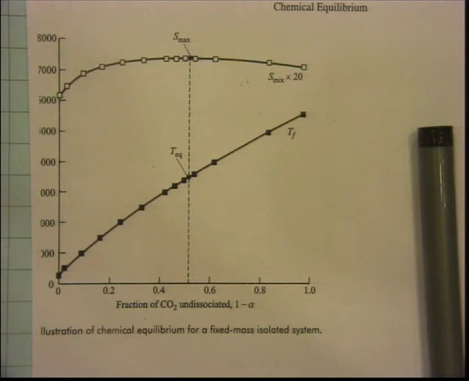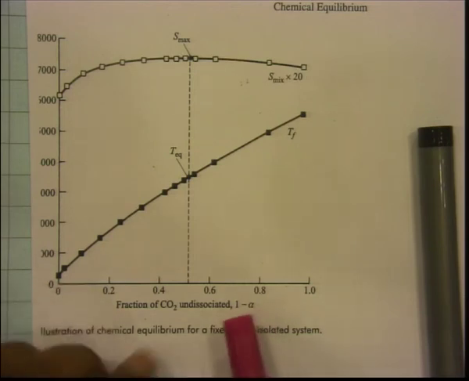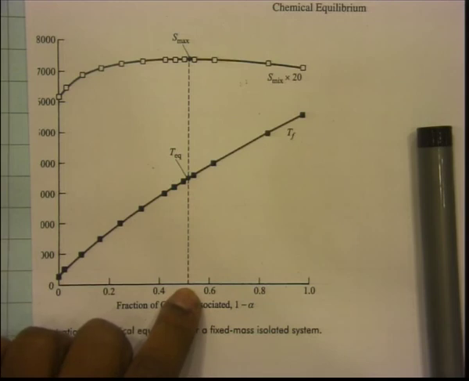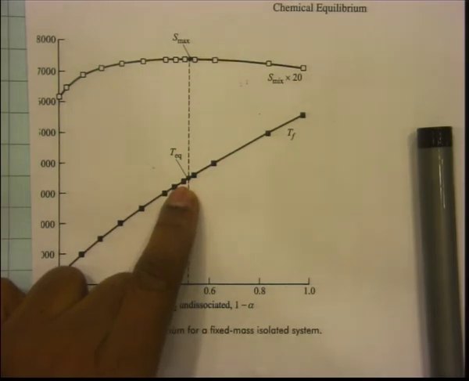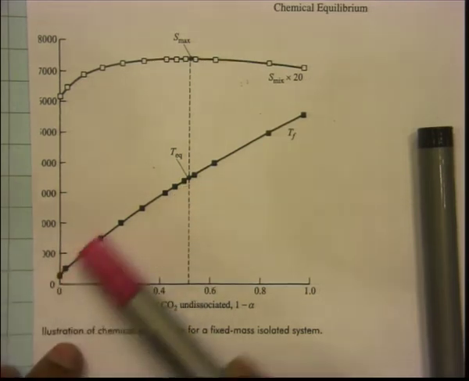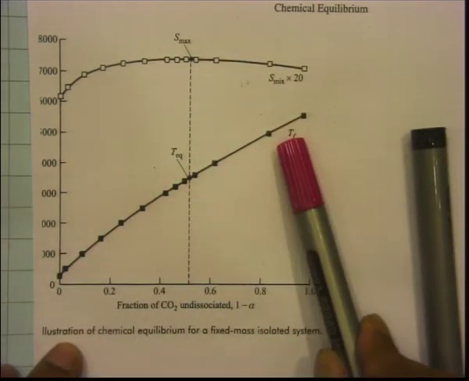It is an isolated system because there is no heat transfer, you are not doing any work, rigid vessel, fine, insulated, you are not doing anything to it. On its own it will try to reach the maximum value of S. Okay. So, that is what it does, and wherever it does, that gives you the value of 1 minus alpha corresponding to equilibrium, and it will also tell you this temperature is the equilibrium temperature. So, this is the equilibrium adiabatic flame temperature for this system. All these are adiabatic flame temperatures, all these, right.